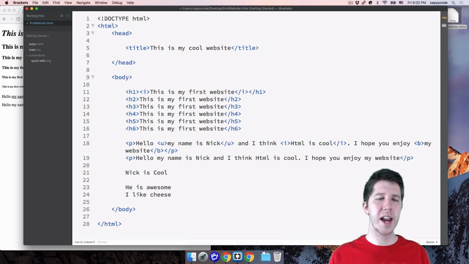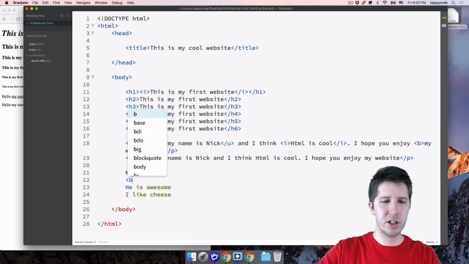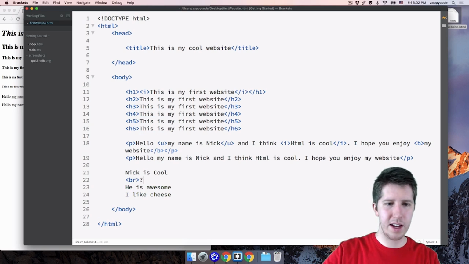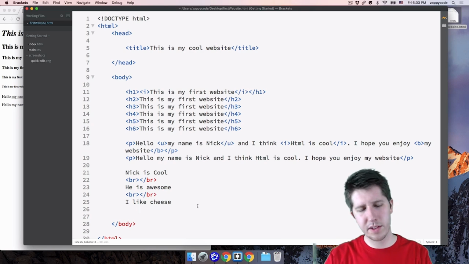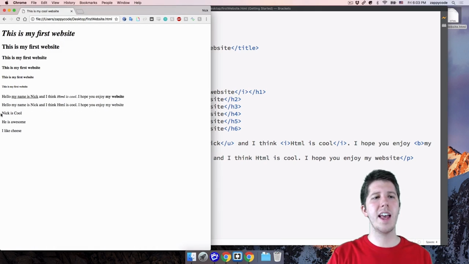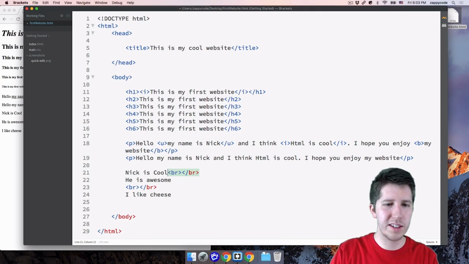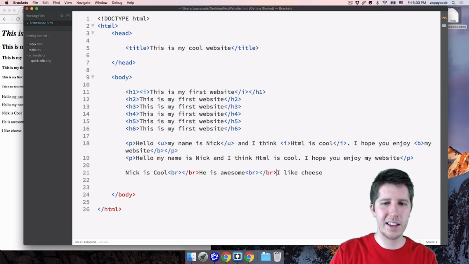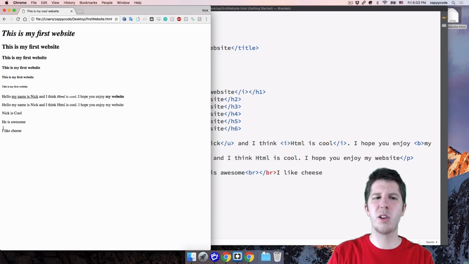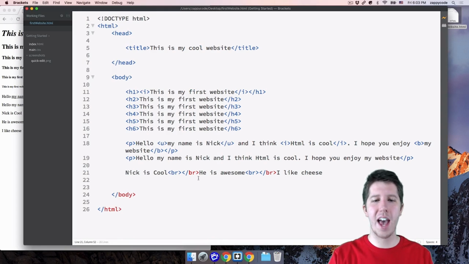What you can do is you can put breaks in between each of these. So to make a break, it's just BR like that, and go ahead and do your ending break tag here, just like that. And I'm going to copy and paste this so that it's after each of these. I guess we don't need one after the last one, but if I go ahead and hit save here, look at that. It has Nick is cool, he is awesome, I like cheese. And the really cool thing is that you can sort of put these in a straight line just like this, right? Because the BR is the tag saying that you should have a new line. And if we save this, it looks exactly the same. It's not like you have to have spacing. Wherever you put these BR tags, they're going to work.